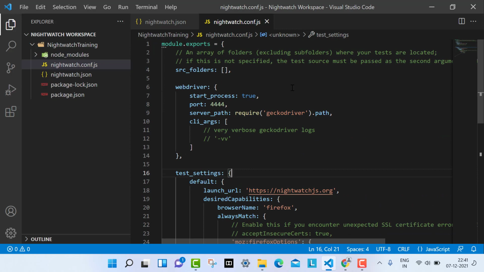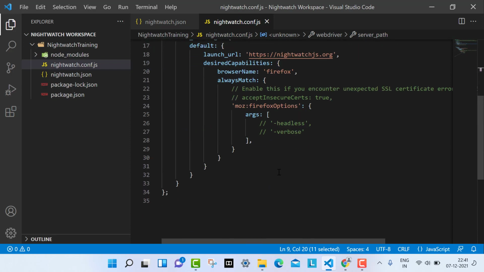Again you will ask: what is the source folder, from where do you get the WebDriver, what is this start process, what is this port, what is the server path, where did they get these from? Nothing to worry about, everything is available on the Nightwatch website.